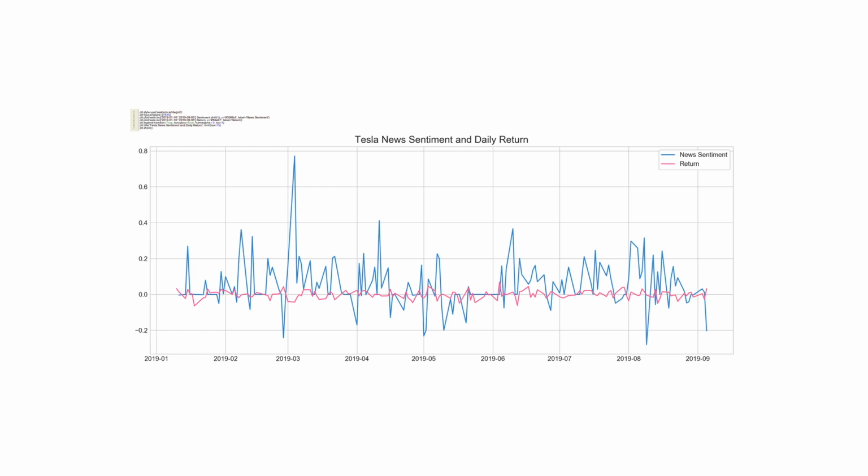A title is added to the chart, providing a clear indication of what the plot represents, a comparison between Tesla's news sentiment and daily stock returns. Finally, plt.show renders the plot, which will display the line chart on the screen. The purpose of this code is to offer an intuitive visual representation for analyzing the potential relationship between public sentiment from news articles about Tesla and the stock's performance. This could be useful for financial analysts or investors who are trying to understand how media coverage may influence stock